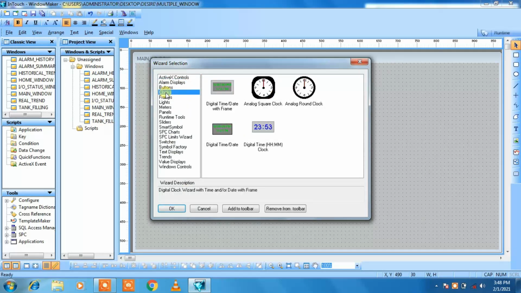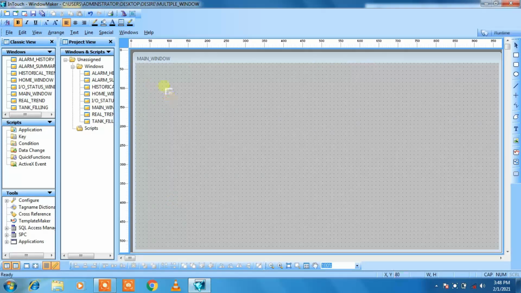Go to clocks and select any type of clock which you want to use. Let me select this digital time oblique date with frame clock. Click on OK, and I want my clock over here. You can also take it.